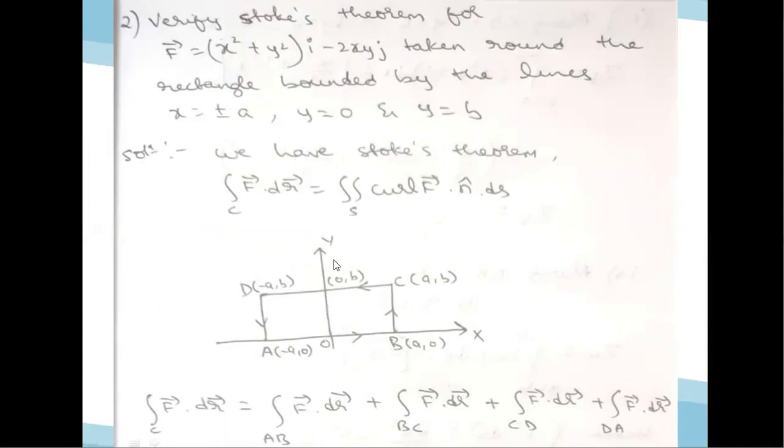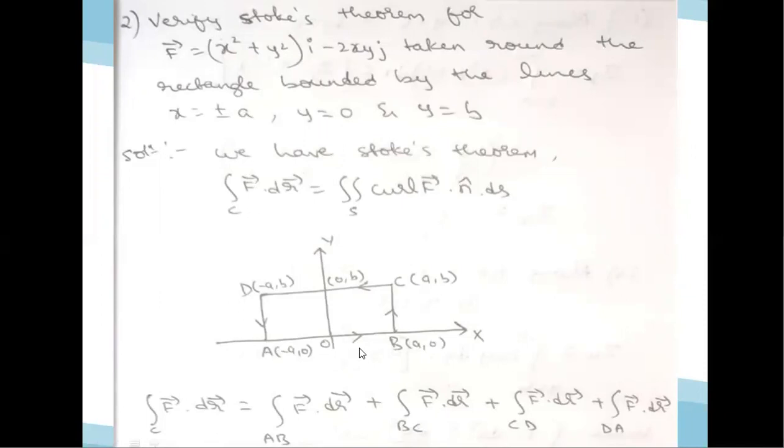So this is our x-axis and this is our y-axis. First we shall plot the line x is equal to a on the positive x-axis. Somewhere we consider the point x is equal to a. On this point, if we draw a line parallel to y-axis, then it is the x is equal to a line. Same way on the negative x-axis, somewhere I'll consider a point x is equal to minus a. On this point, if we draw a line parallel to y-axis, then that line is called x is equal to minus a.